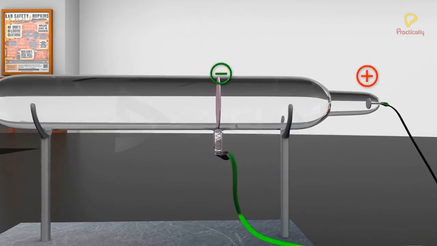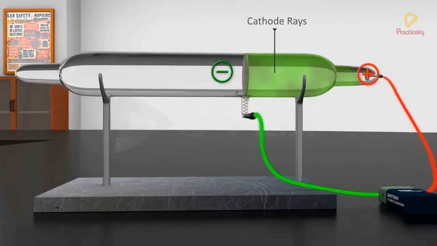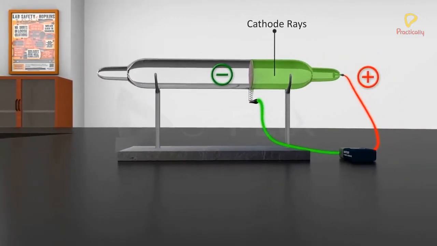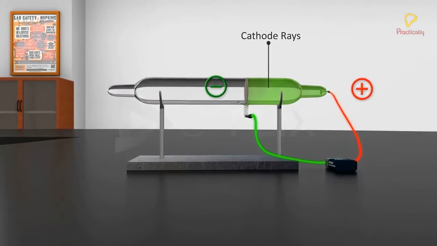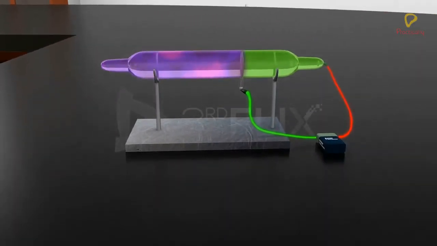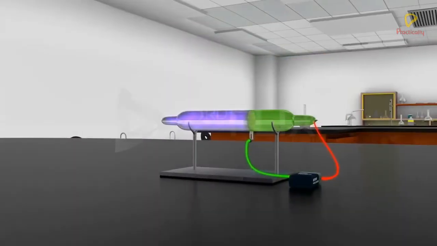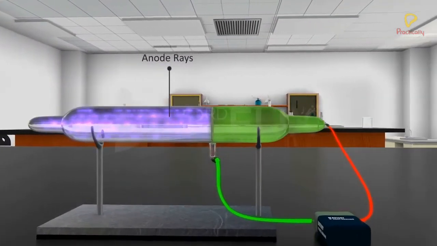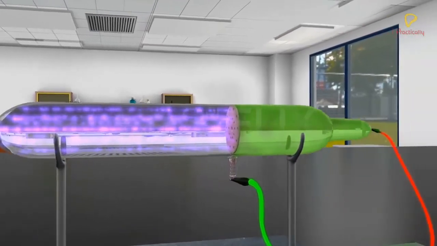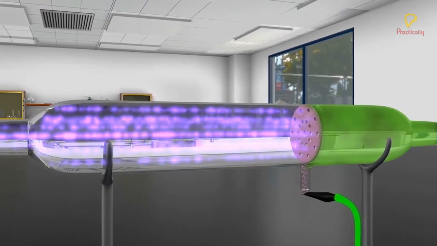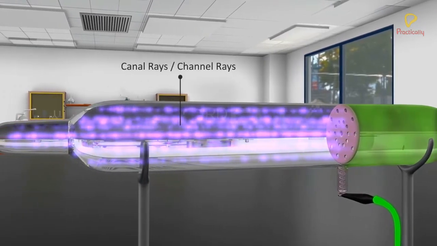At a pressure of 1 mm of mercury, cathode rays were observed to be moving from the cathode to the anode. He also observed a faint luminous glow extending backwards from the holes in the cathode. He called these rays anode rays as they traveled in a direction opposite to that of cathode rays. As these rays passed through the holes or channels in the cathode, they were also called canal rays or